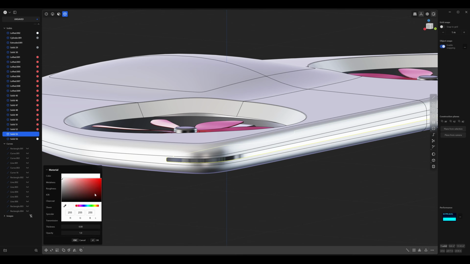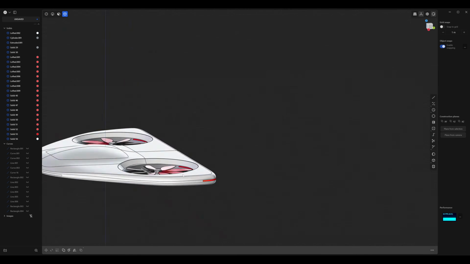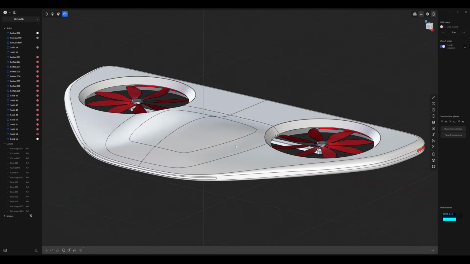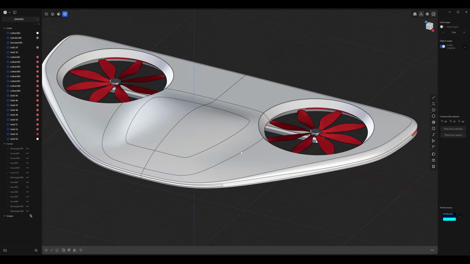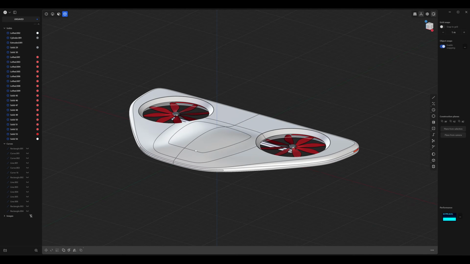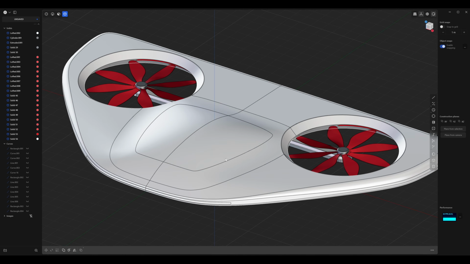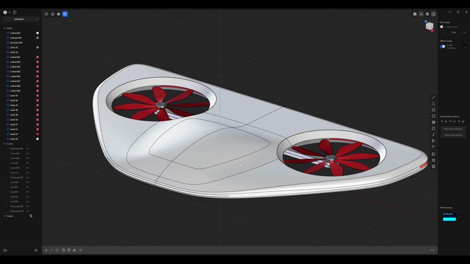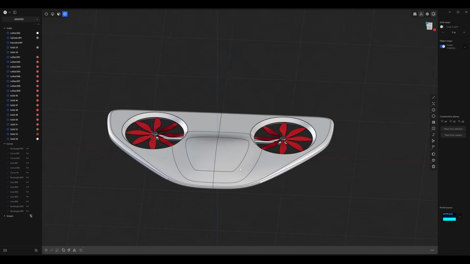Press M, and let's turn this to red, roughness to 1. So at this stage, you can go ahead and use Boolean operations or create even more lofts to add more detail. And of course, you can add different textures in post, whether you're in Blender or in C4D, Maya, whatever 3D app you're using after this, you can modify it further.